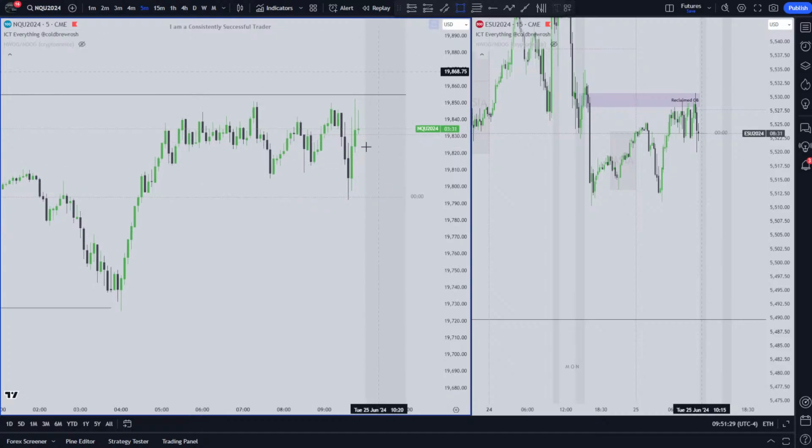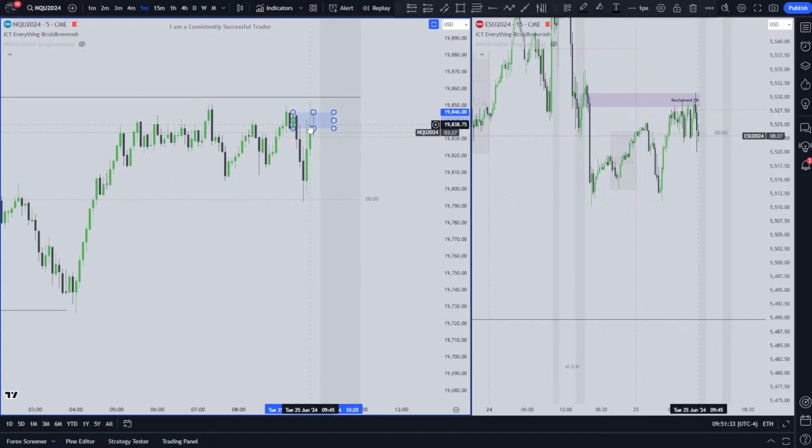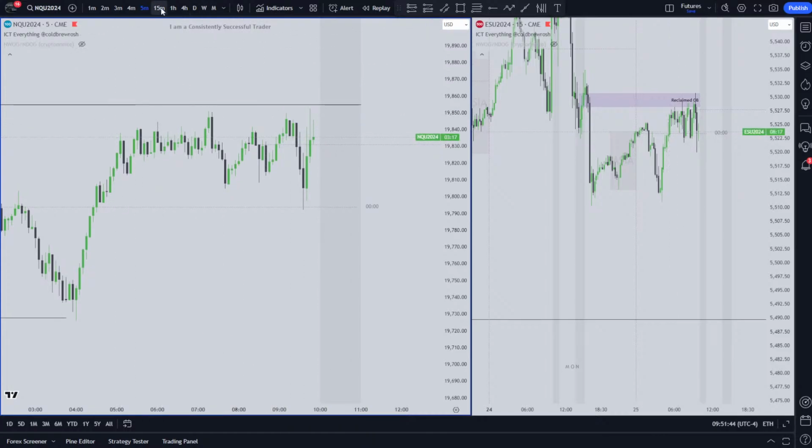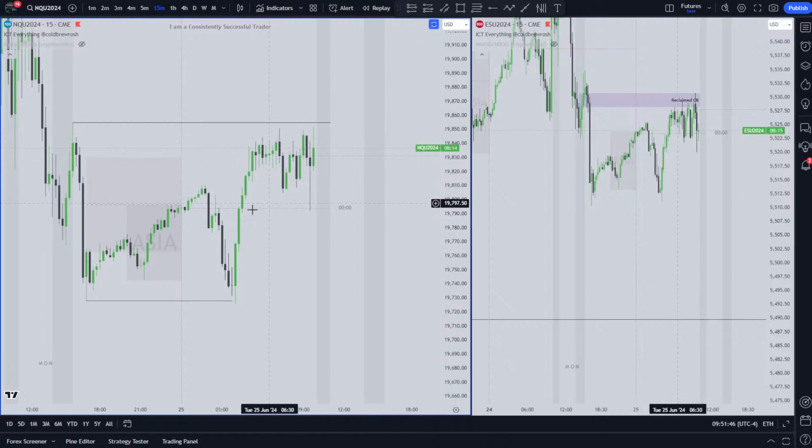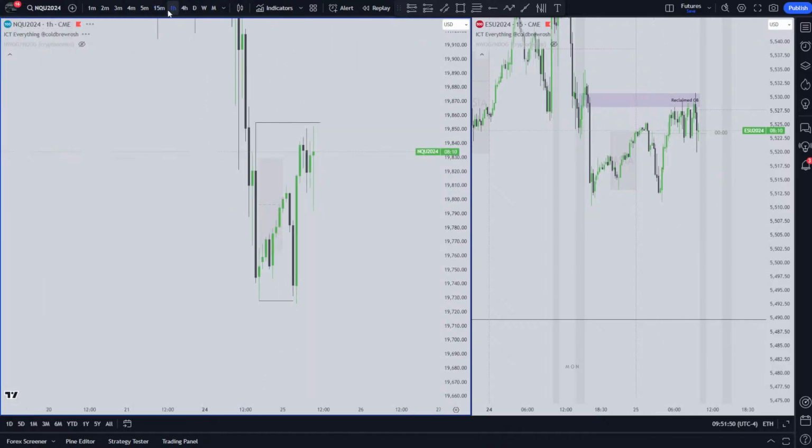Essentially, you're going to mark out a PD array, just anything randomly, right? And just say, okay, how's it being respected? And then how that's being respected will tell you the narrative of what's going on. And that's how I trade right now. That's all I do. Just look at what things are showing me what. Yeah, bodies tell the story, yeah. True.